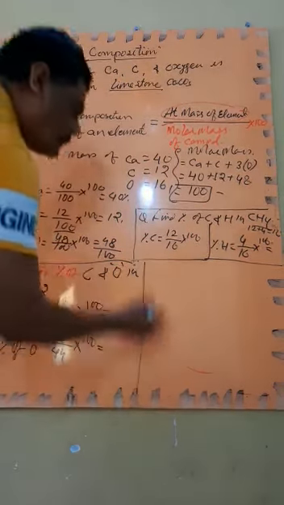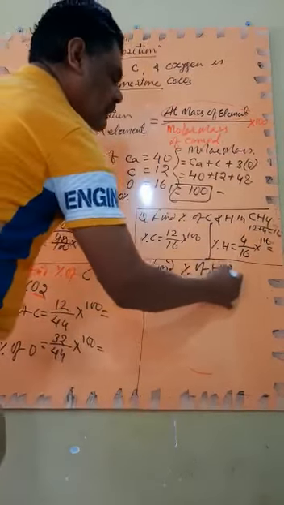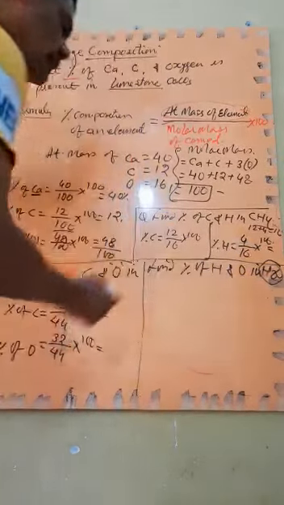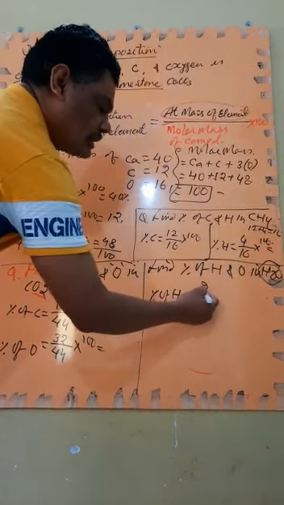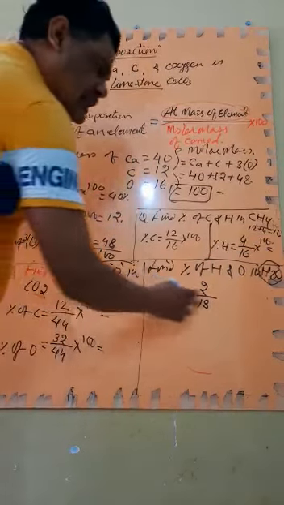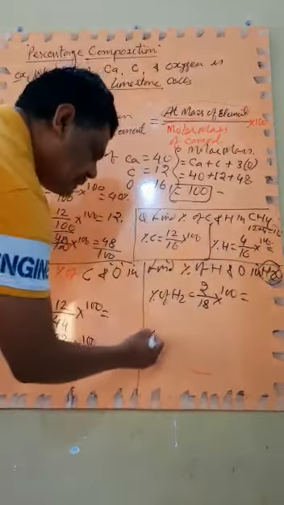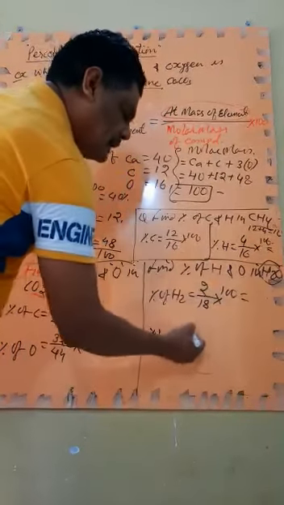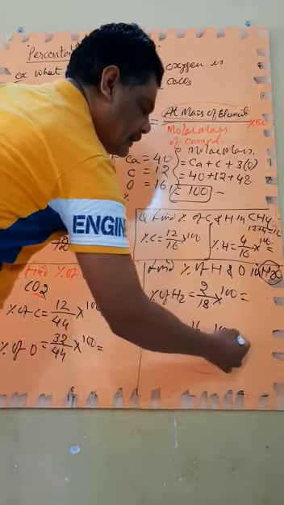Similarly, if you have to find the percentage of H and O in H2O, that is, in water: percentage of H is equal to 2 divided by 18, that is 16 plus 2 is 18, multiplied by 100. You can get the answer. Similarly, percentage of oxygen: 1 atom is there only, so its atomic mass is 16 divided by 18 multiplied by 100. You will get the answer.